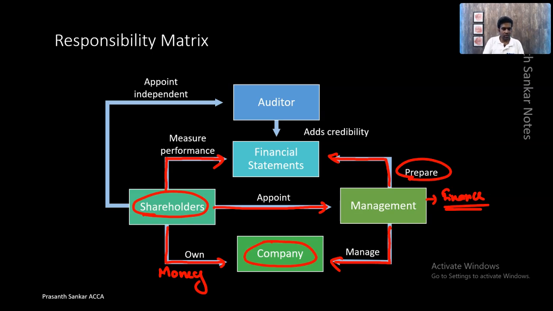But think about this. When the shareholders invest in the company, they appoint the management. Definitely the shareholders will believe the management. But do the shareholders trust them? Now, believe and trust are two different words. Believe is something like, okay, you know what? I believe you. But trust is of a higher category. Believe means, for example, if he says, I had a good biryani today, and believe me, it was good. Means, yeah, I believe you. This should have been good.